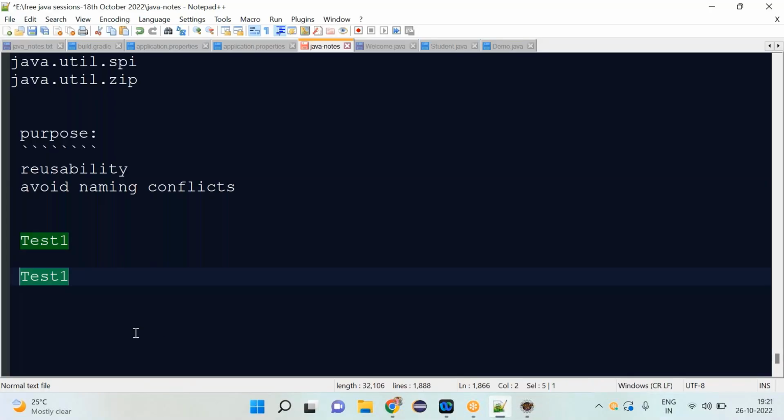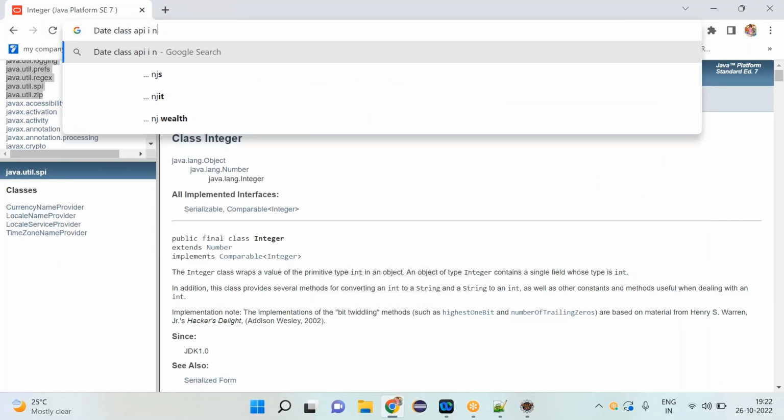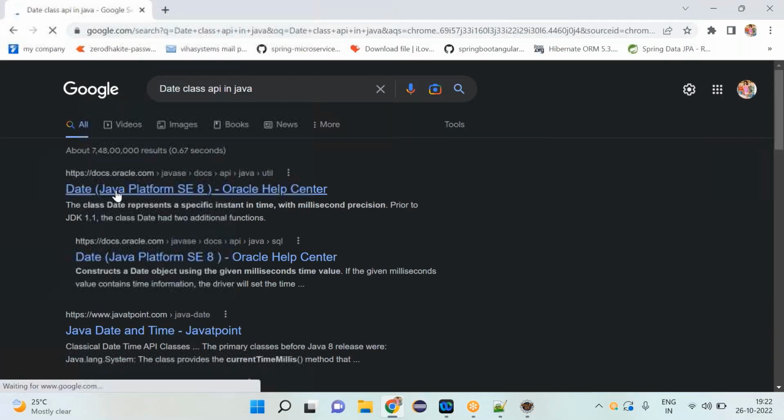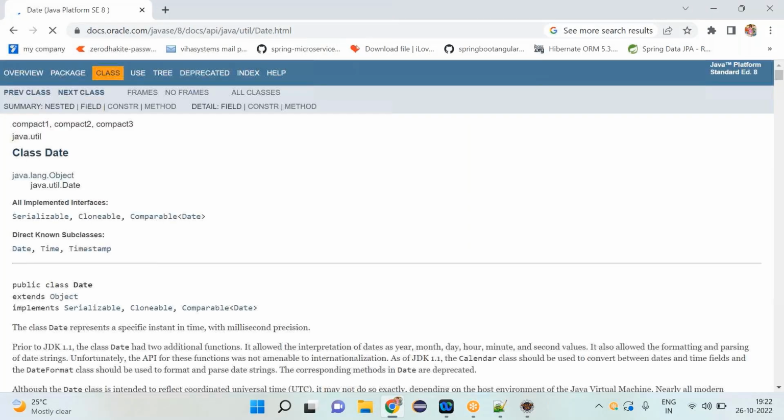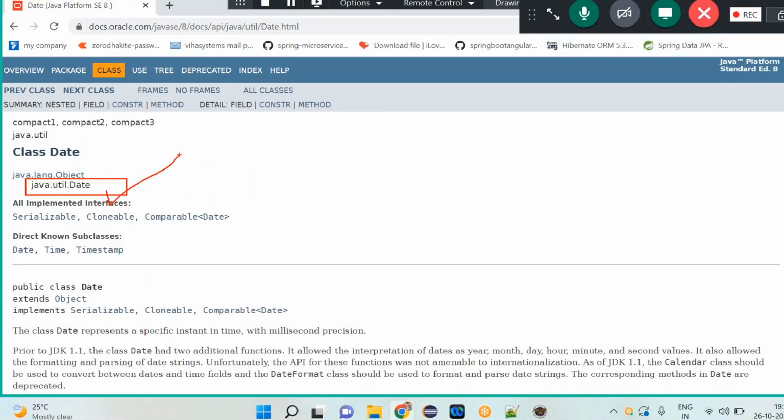So with respect to packages, we are able to differentiate and define multiple classes with the same name. For example, a predefined class is there. I will show you. Here, the Date class API in Java. You just observe docs.oracle.com. Here, what is this class? java.util.Date. So we have one more Date class, which is available inside the